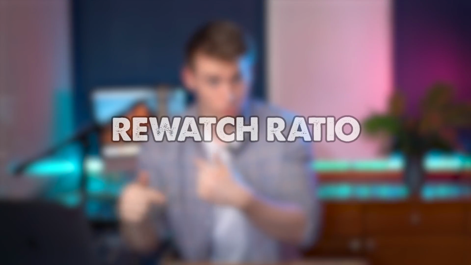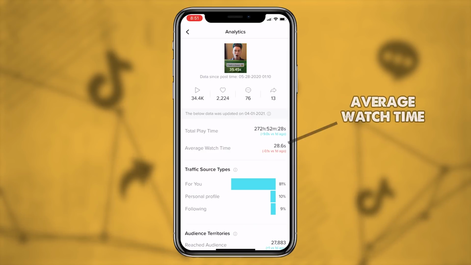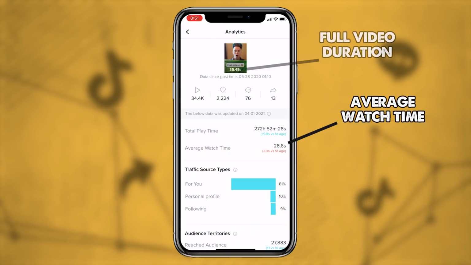But what I've noticed more often in recent weeks from conversations with other fellow creators and just breaking down hundreds of videos in this past month or so is how exponentially significant the watch time becomes once it eclipses the full duration of your video. The rewatch ratio is what it's known as. And for those of you who aren't familiar with that term, rewatching is essentially once the average watch time, when you look at your analytics, exceeds the full duration of the video